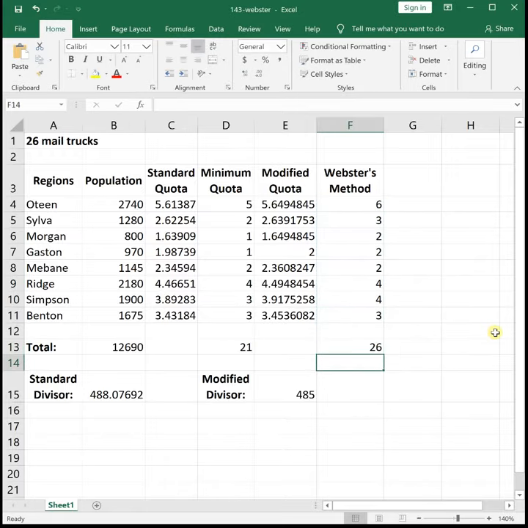Oh, and I got incredibly lucky. It worked when I took my guess of 485. When I used the standard rounding rules with a modified divisor of 485, it came out and apportioned out all 26 mail trucks. What would have happened if maybe I started off with a guess of